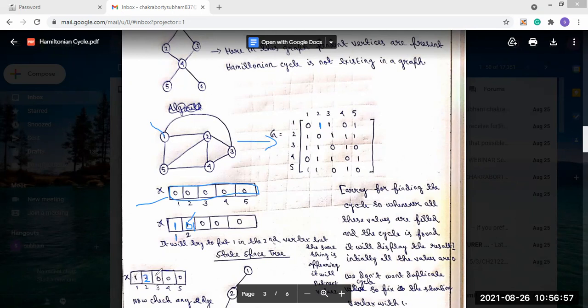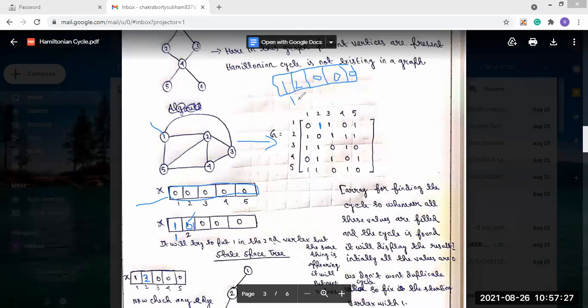From 1 to 2 there is an edge, so we are able to put the value 2 here, and the remaining indices are still 0.